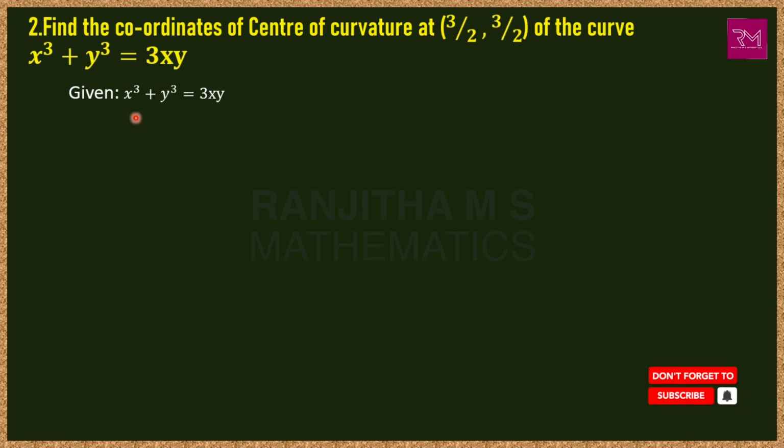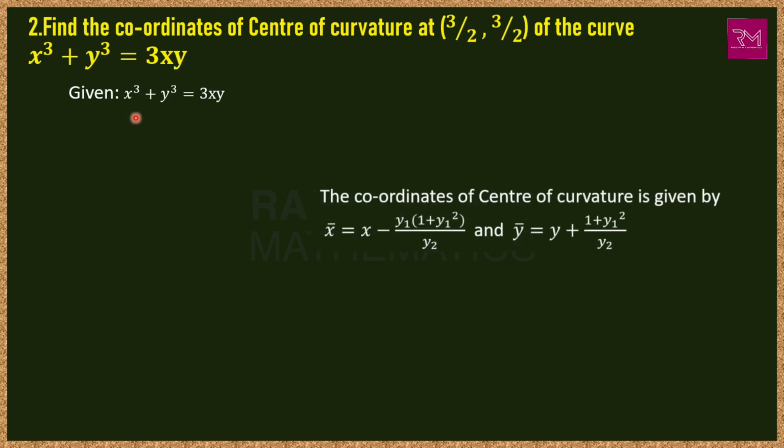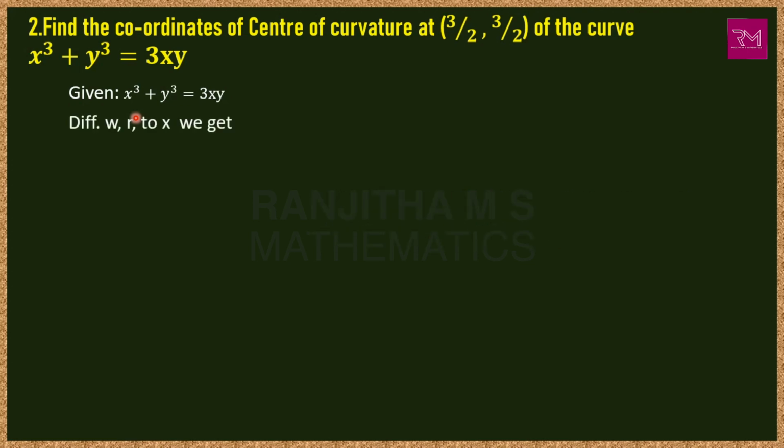After finding y1 and y2, we have to substitute in the formula of coordinates of center of curvature, that is given by x bar which is equal to x minus y1 into 1 plus y1 square divided by y2 and y bar which is equal to y plus 1 plus y1 square by y2. Here differentiating the equation with respect to x, we get differentiation of x cube is 3x square plus differentiation of y cube is 3y square into differentiation of y with respect to x is y1 which is equal to 3